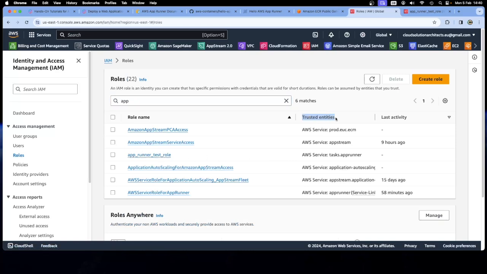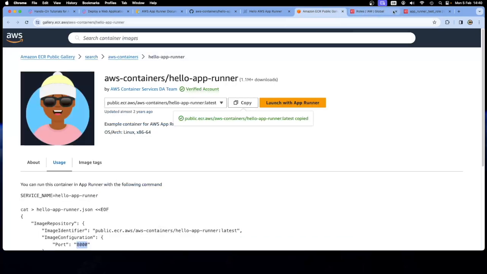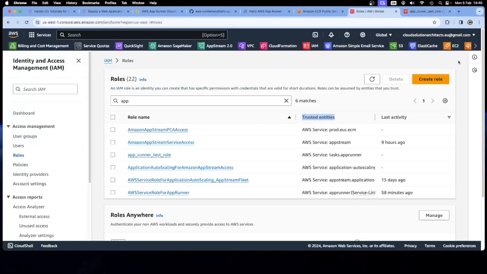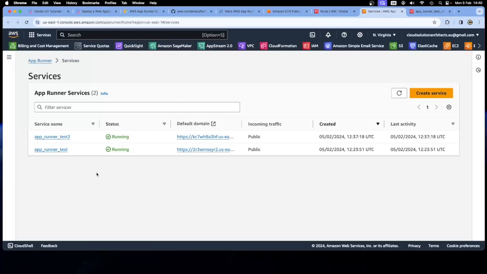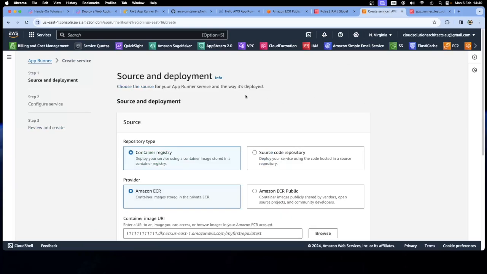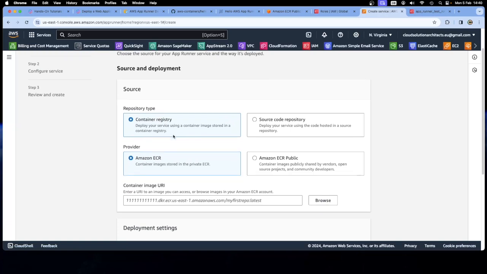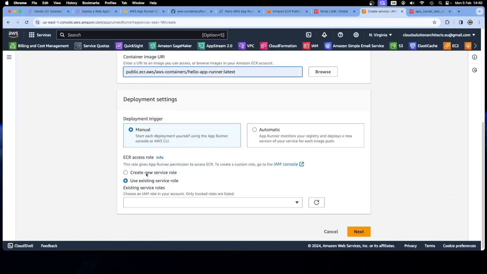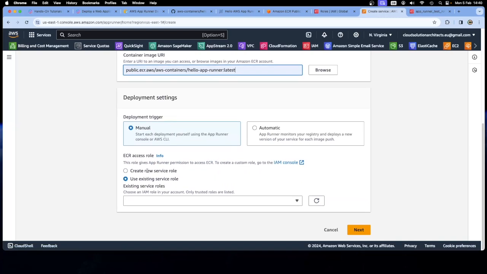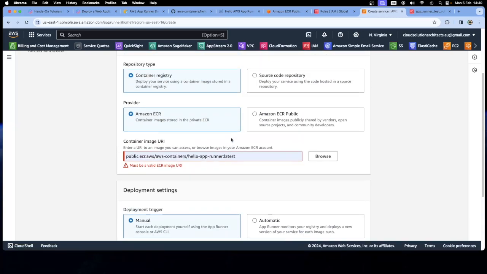The problem here was that when you go in to create a service, let me go back to creating a service here. So let's see, App Runner. Let me take it back a little bit. When you're in App Runner and you want to create a service, you've specified all of these items here. Now here was where it threw me a little bit, because basically what it said was,